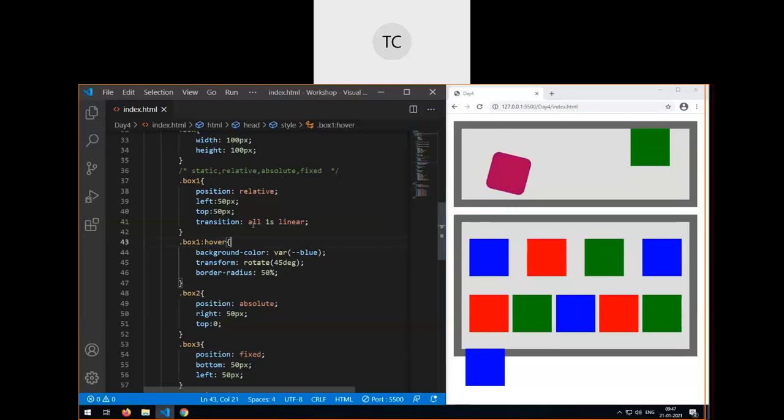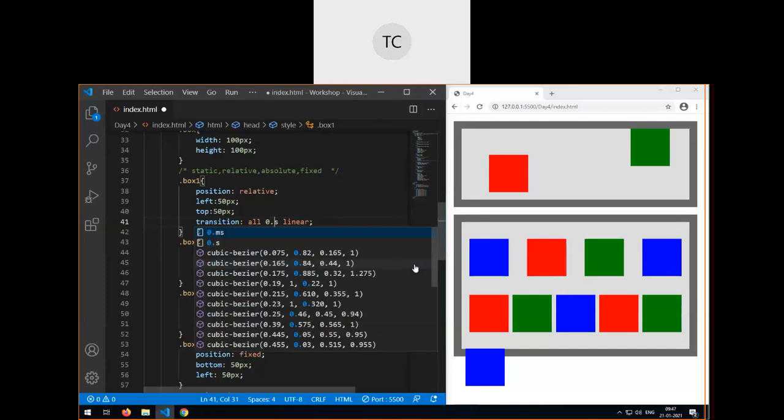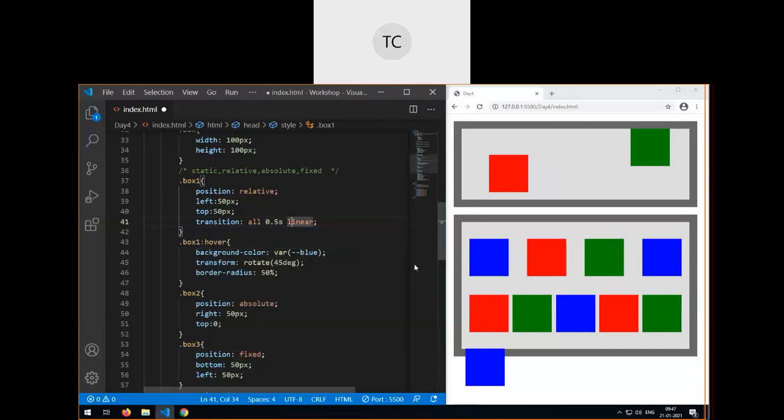Now what we have seen is we apply this transition to all the changes within box 1 with 1 second and a linear transition change. I can reduce this time to, let's say, 0.5 second also. Then that transition will be somewhat faster. Okay. And instead of linear, if you want to have a look at what other properties or things are available,